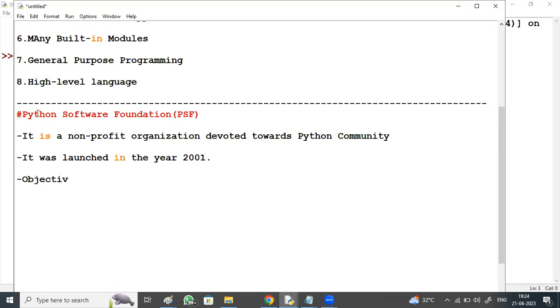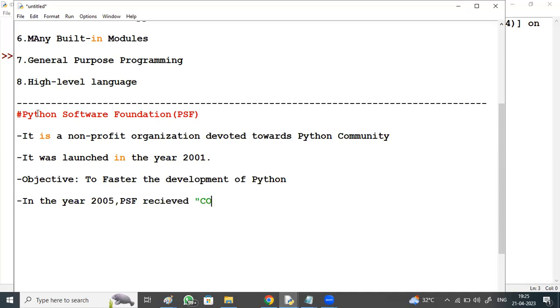The objective is to foster the development of Python from version to version.